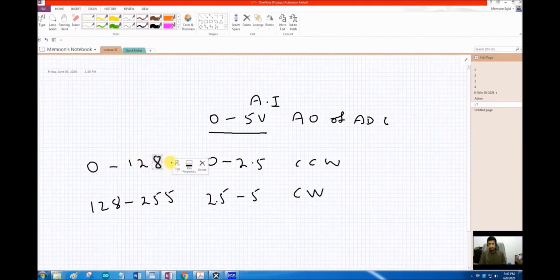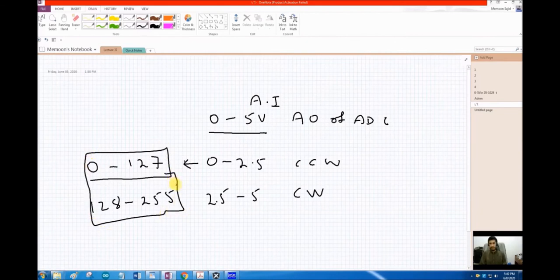So this means that what we want to do is check the value of ADC, and based on that value we want to take the decision of the direction control of the motor, and we also want to use this value to determine our duty cycle that will in turn define the speed of the motor.